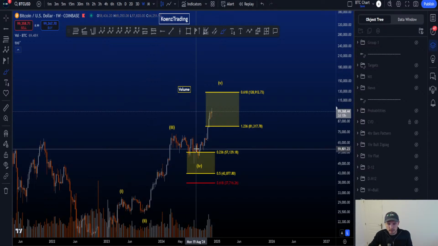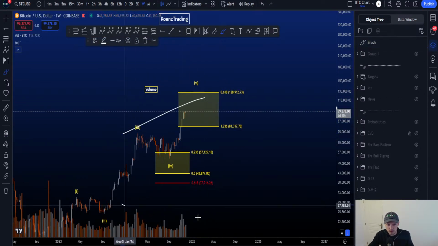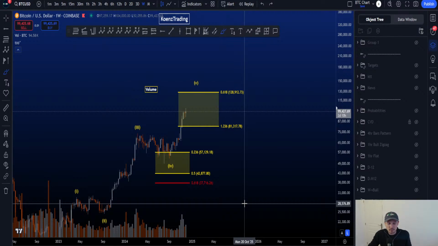And what is important here is the volume. Currently, we have a higher high on the chart here, but a lower high on Coinbase. I realize that on some other charts, there's higher volume, but I trade and analyze Coinbase for reasons based on data and statistics, which have to do with volume, the candlesticks, and the wicks. And based on that data, Coinbase for me is the best chart to analyze with regards to Elliott waves and the most trustworthy.